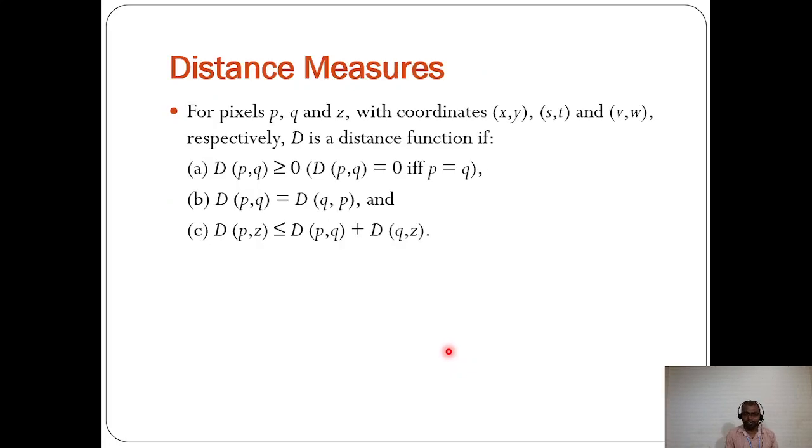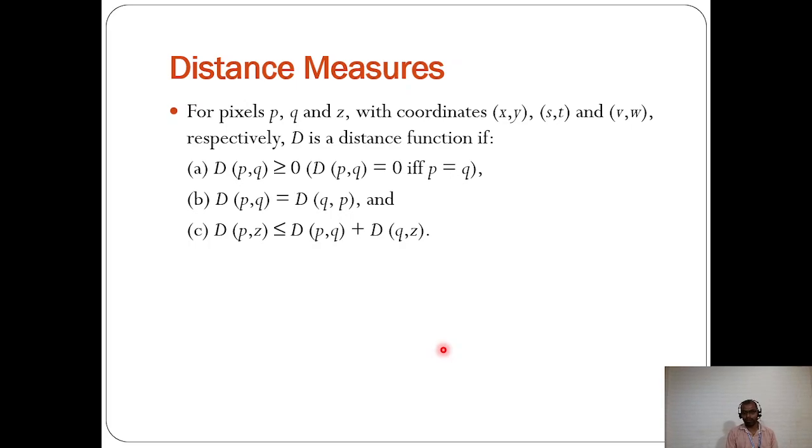So next we try to calculate the distance between two pixels. We take the three pixels P, Q, Z, where P has coordinates x, y, Q has coordinates s, t, and Z has coordinates u, v. Suppose we want to calculate the distance, so the distance conditions are: the distance of P, Q